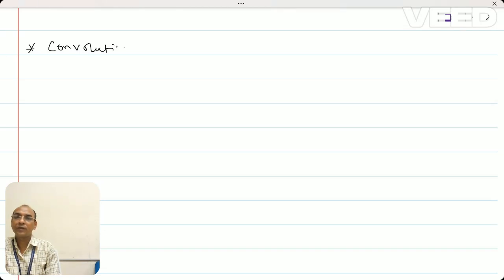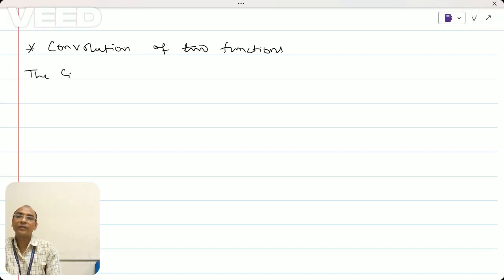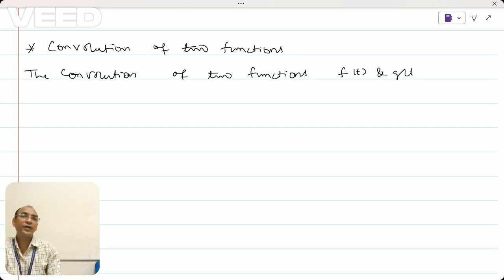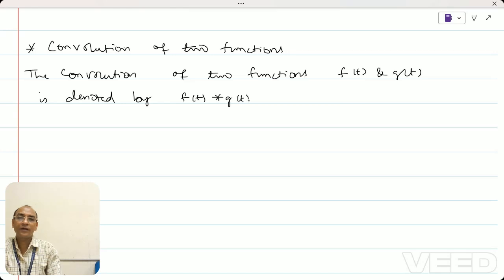Convolution of two functions. The convolution of two functions f of t and g of t is denoted by f of t star g of t and defined as